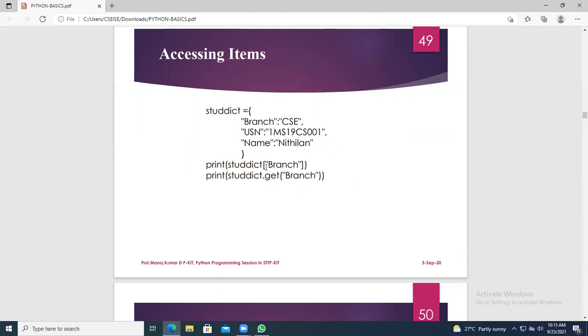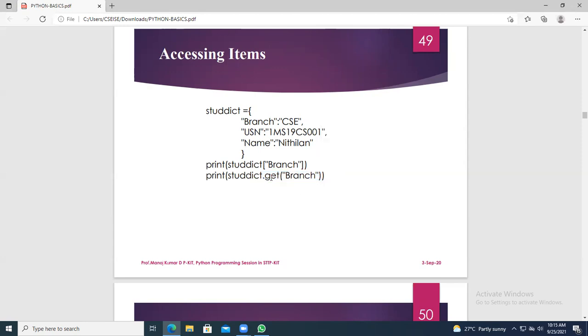So rather than directly using an index value like std of 0, std of 1, std of 2, which is indexing, under the index you can give a key element. Or you can use the dot get method. Understand carefully, dot get is a method to retrieve the value stored at a particular key.